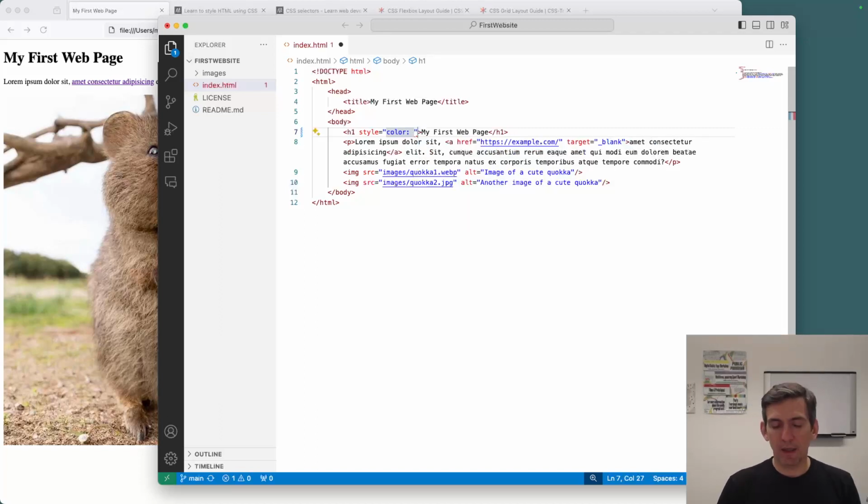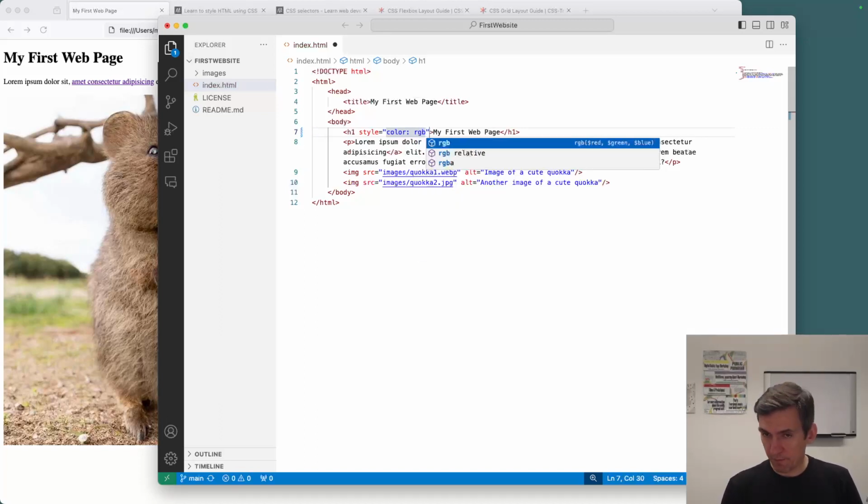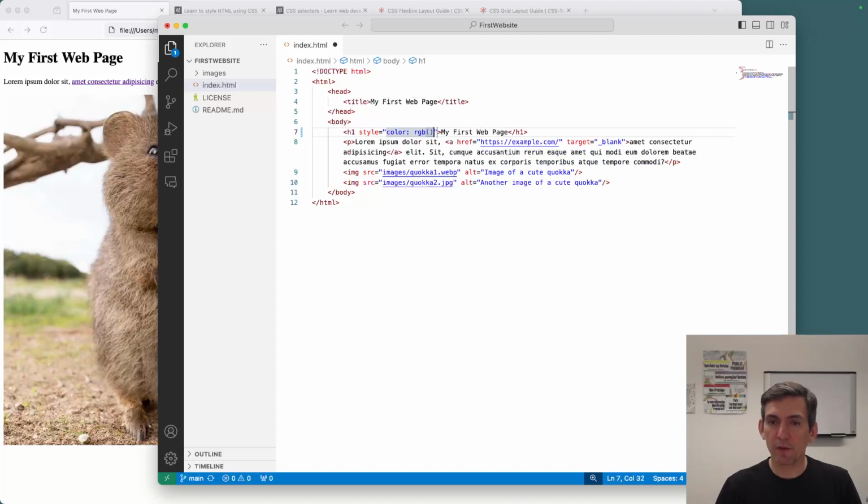One would be in RGB, right? Hopefully a familiar concept to you, red, green, and blue components. So I can say something like 120 on the red, and then 200 on the green, and then 120 on the blue, right? This should be a comma, right? So they're comma separated. So this is going to give me a relatively medium light green,